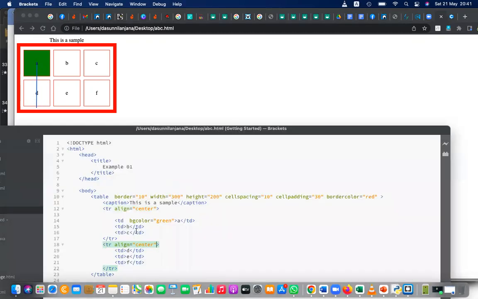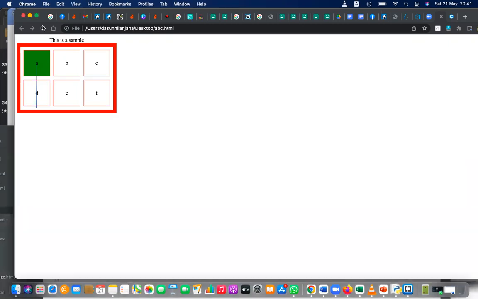Aligning can be added to a cell as well, or also to the table. When you align the table, the entire table will be aligned. And vertical align can be added to the rows or cells. Let's say valign is the vertical align. Let's say it's valign top. When valign is top, it will go to,